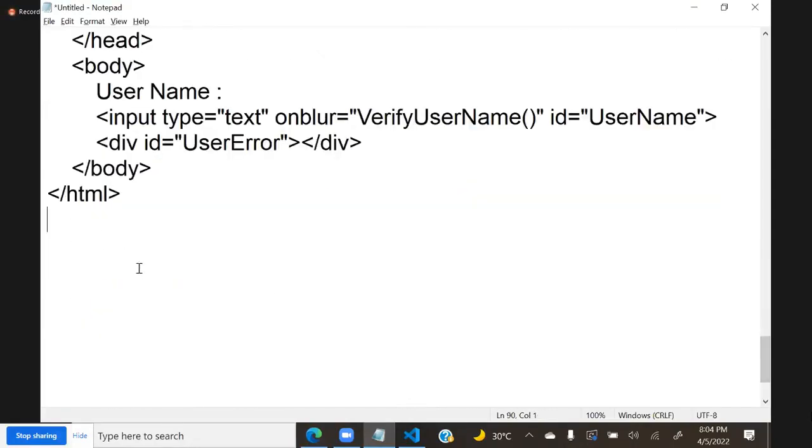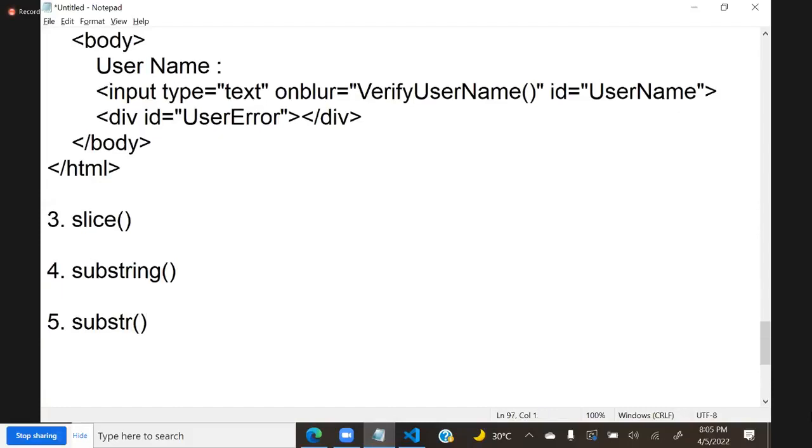Next important, we have functions like slice, substring, and substr. In many interviews, they ask the difference between these three: slice, substring, and substr. What is slice? What is substr and substring? Because all three look similar. For example, see,